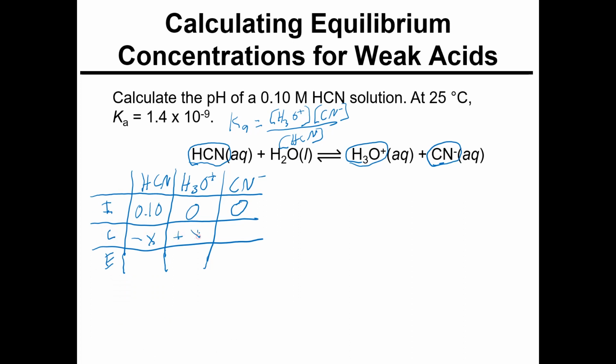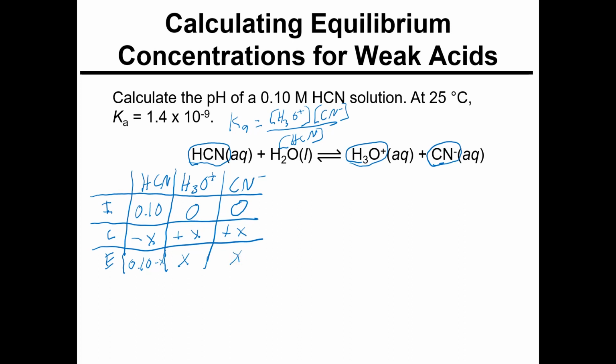And we're also going to get some CN- ions out. So at equilibrium, the concentration of HCN is 0.10 minus X, and the concentration of H3O+ and CN-